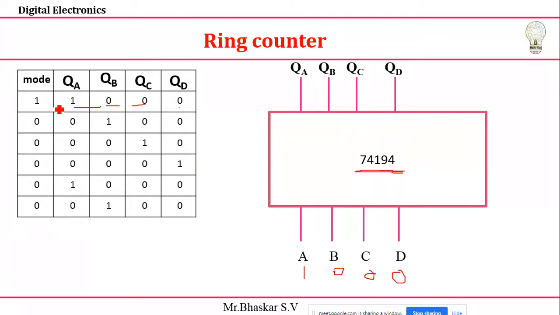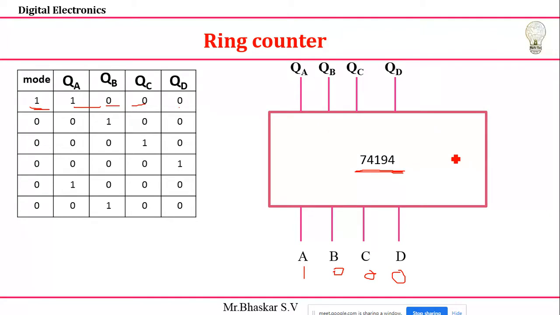If I take the value 1000, I'll make my mode value 1. Then, just give one clock pulse, and 1000 will be loaded to my QA, QB, QC, QD. It is called parallel in, parallel out. Automatically it will come. It's called parallel loading. Once it is loaded into my shift register, my data will be stored in it.